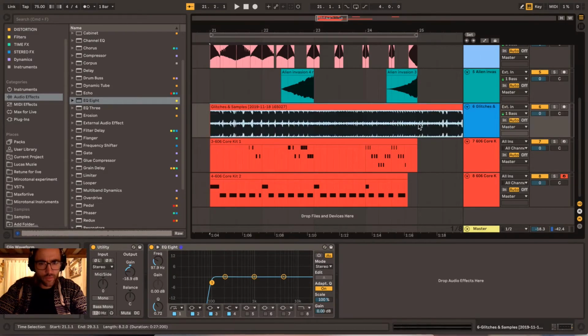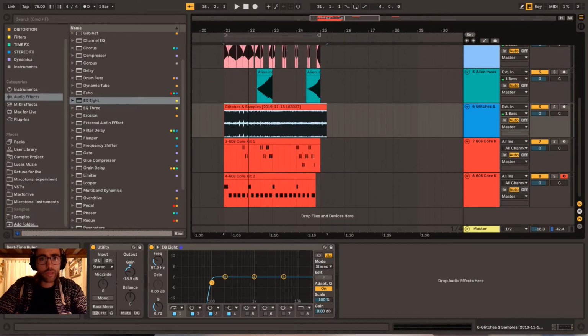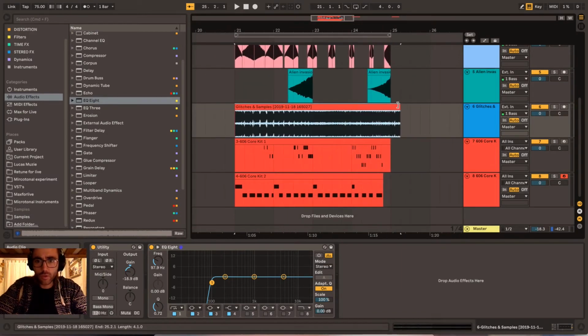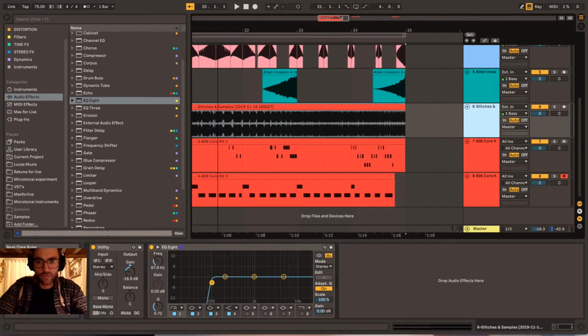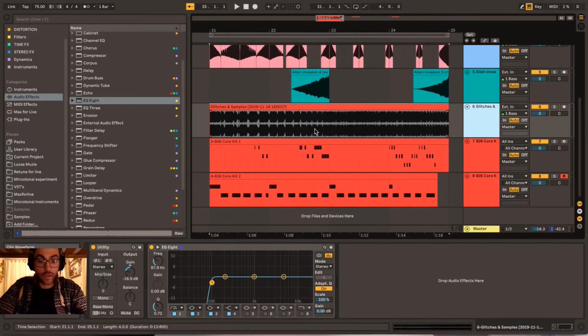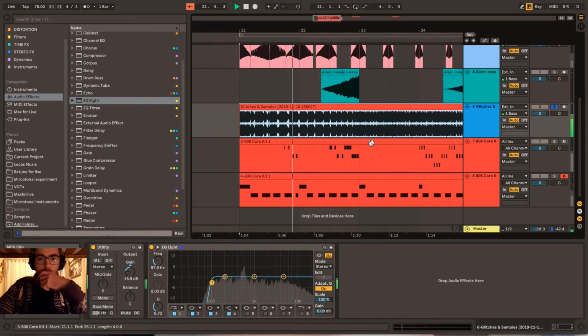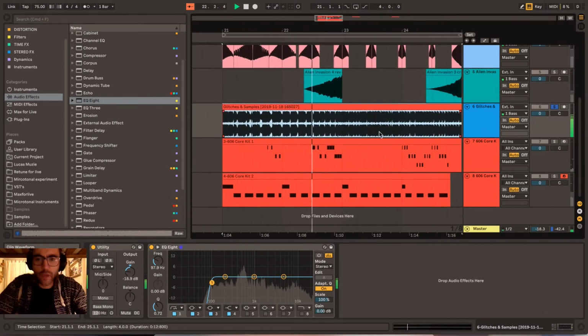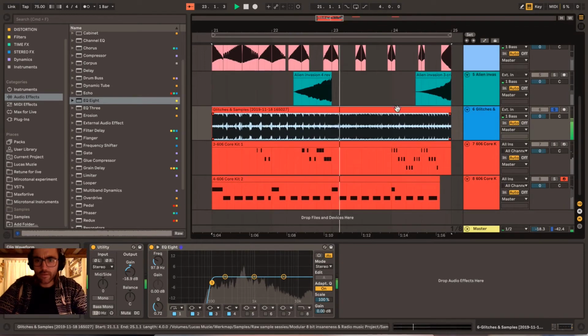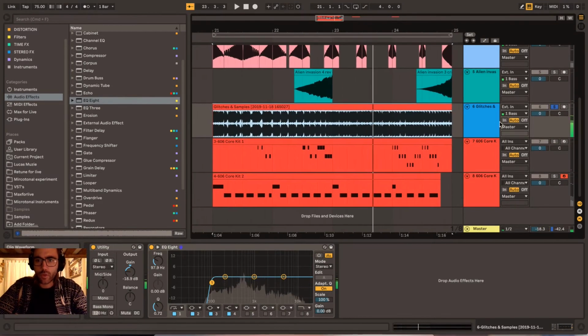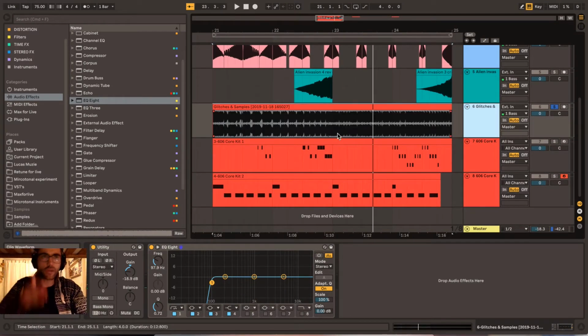stuff in there. I'm feeling a bit lazy right now, so I'm going to use quite a simple technique in order to just speed up the process of creating some extra layers out of this sample. So first I'll listen to it. So it's quite grainy and textury. I like it. And so what I want to do to this, instead of chopping it up,